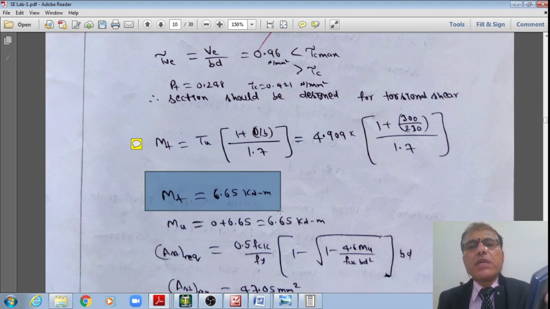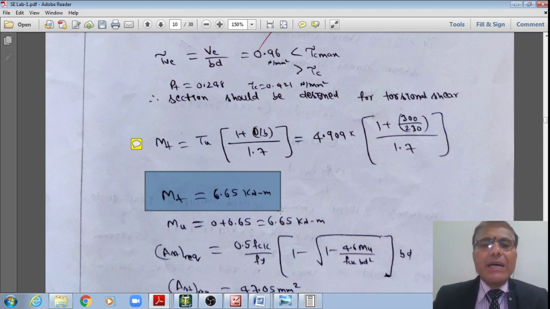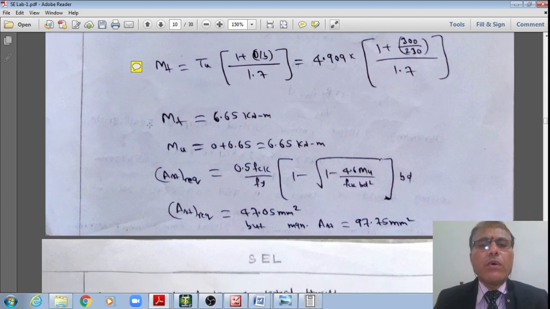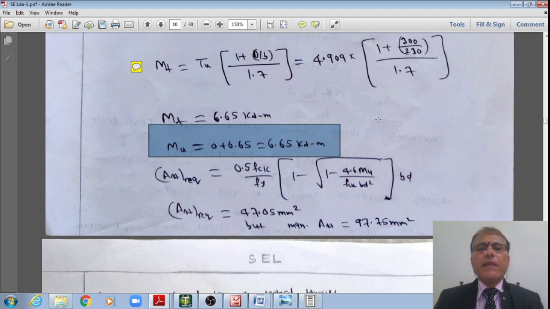Therefore, there is an increment in the equivalent torsion by almost 35%, student. A 35% increase in the torsion cannot be neglected, therefore I cannot neglect that value. Therefore, now my design moment is equal to this